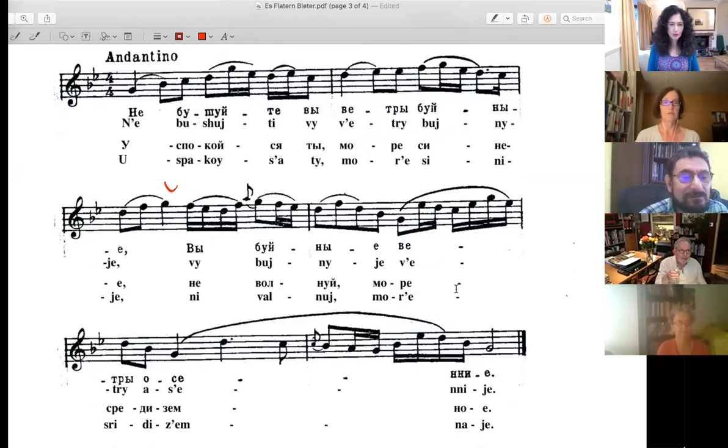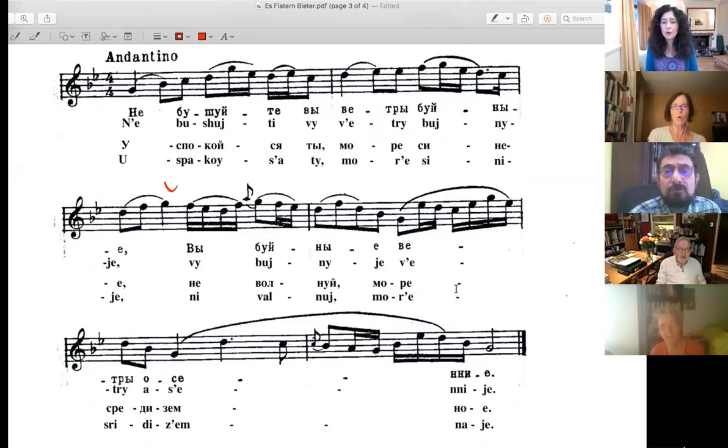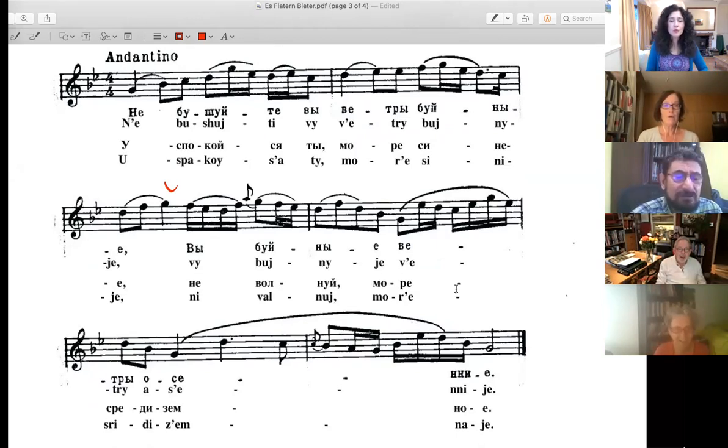all right, 1 and 2. Nie buszujcie wy wietry bujne, wy bujne wietry